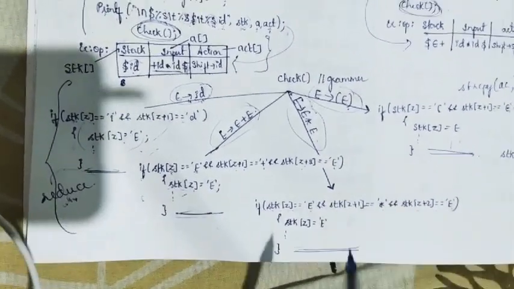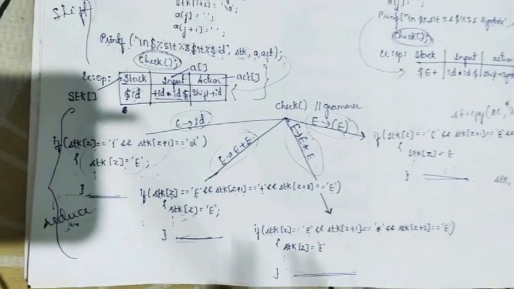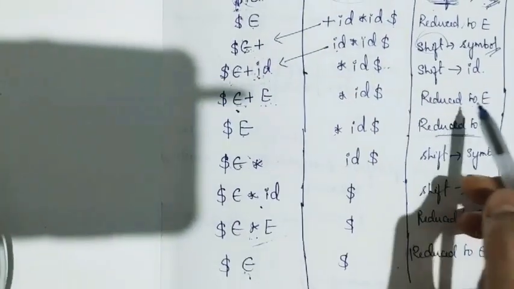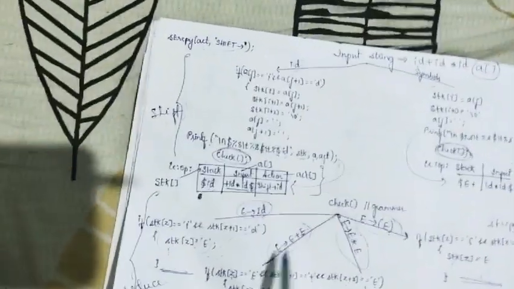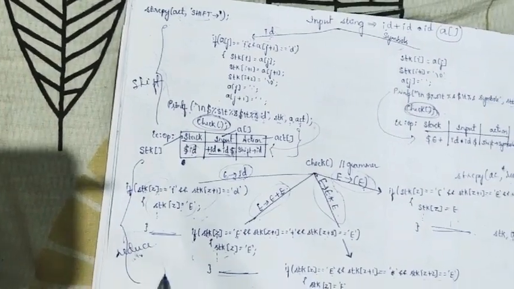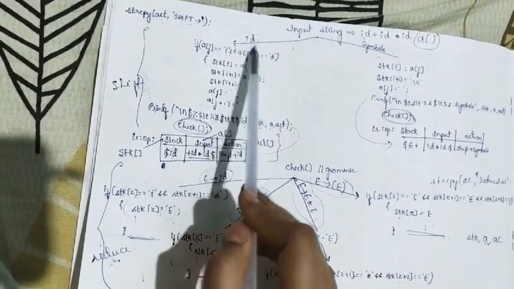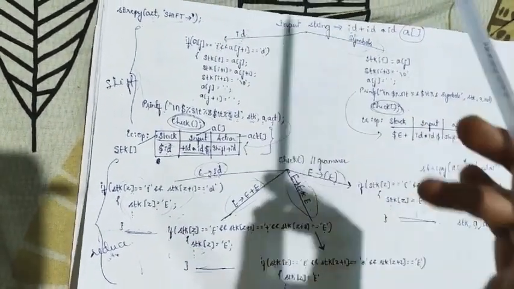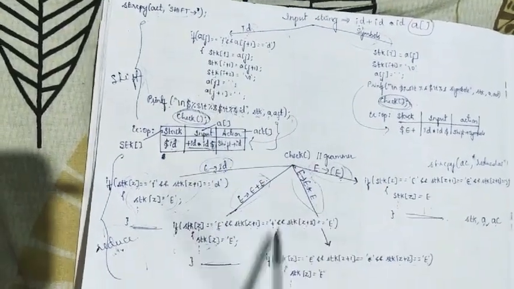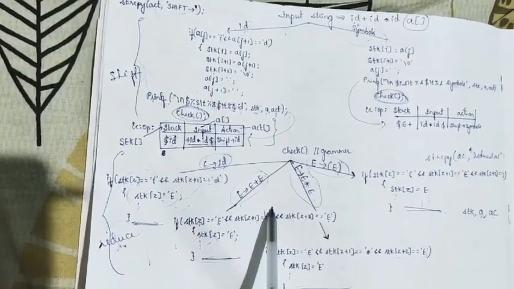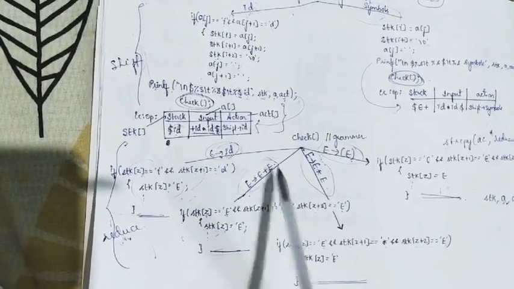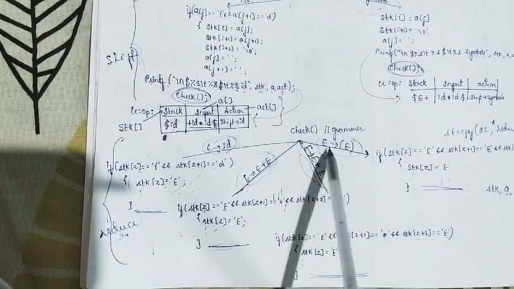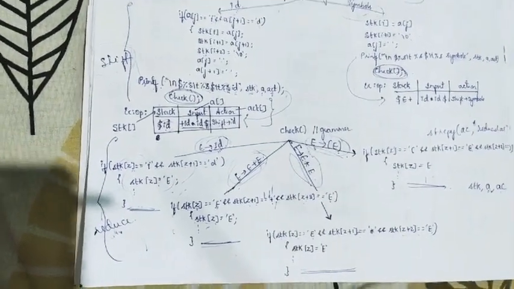If you check your manual, you can find the printf code after each one of these. That printf code is the one which will print this particular table, where these reduced to lines will be printed. So two parts, one is shift and one more is reduce. While shifting, we check if it's an ID or a symbol, and every time we have shifted, we check whether we can reduce it. While checking the reduction, there are four things we follow: E produces ID, E produces E plus E, E produces E into E, or E produces E in brackets.